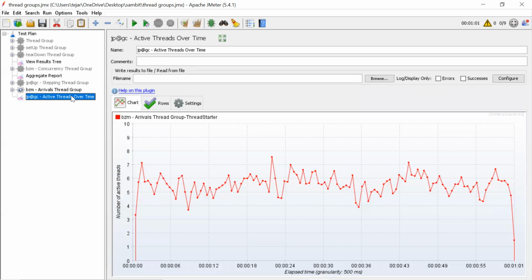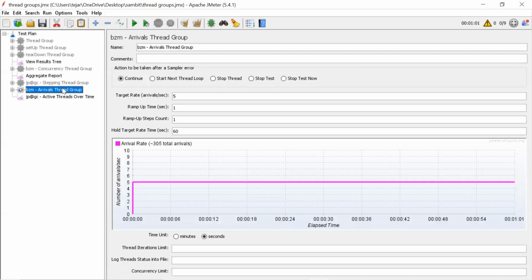Correct. Yes. As of now we are using load, right? The users, 5 users, 10 users. Now they are using the arrivals, nothing but more from the request standpoint. If you have 100 APIs, and you want to hit all 100 APIs every second, then from the endpoint and API point of view, that's where arrivals will come.